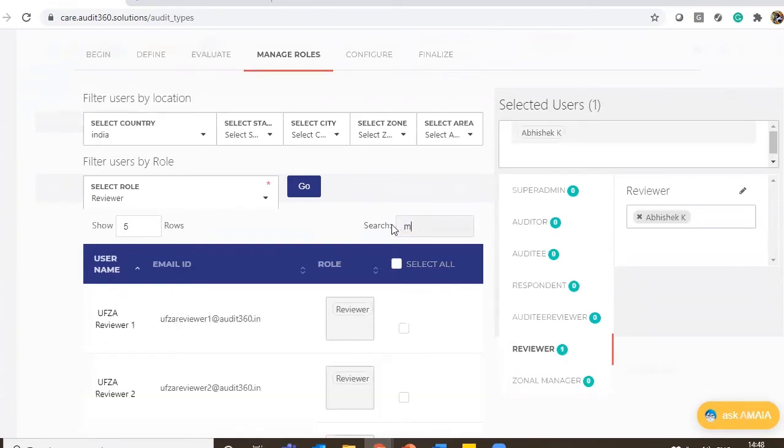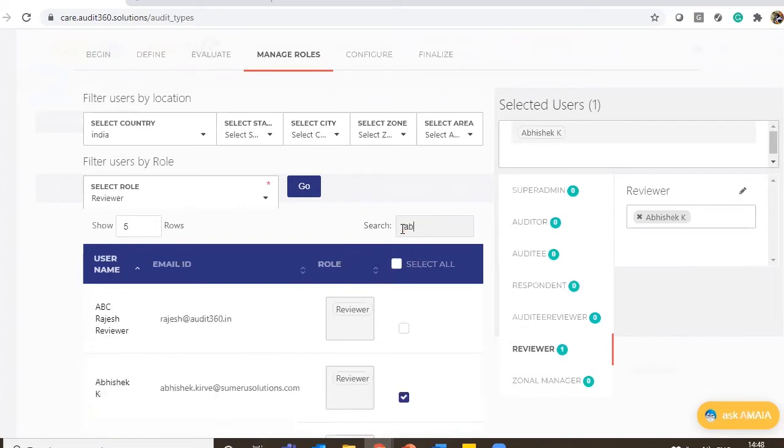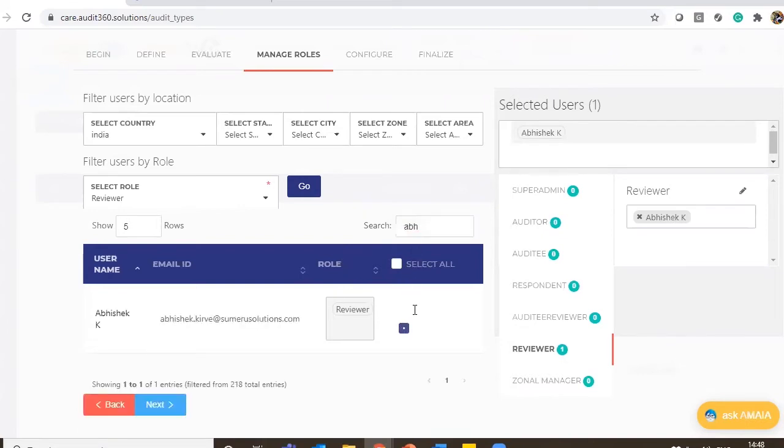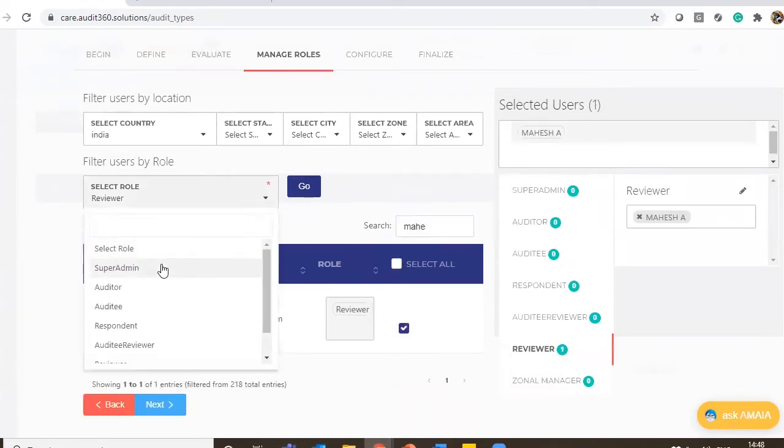when I will choose another user. So here I will choose Abhishek, not as reviewer. I will choose some other user as reviewer, and I will give Abhishek as an auditor.